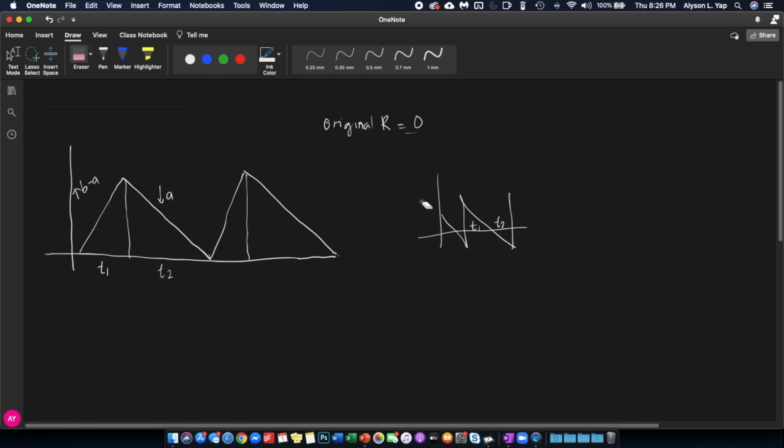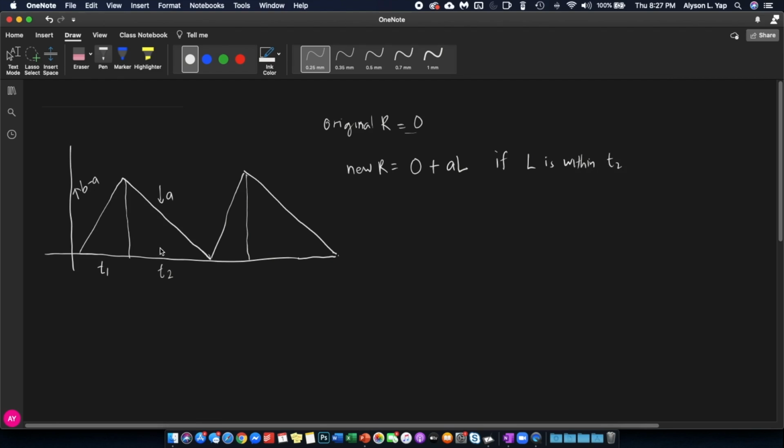And therefore, if you now have a lead time, assuming model number three, then your new reorder point is equal to zero plus AL, if your L is within T2. What do I mean by this?